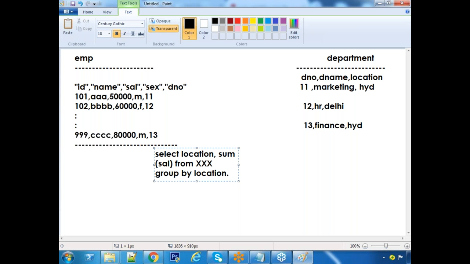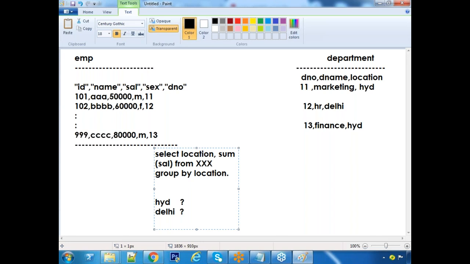So what I am expecting here? Hyderabad. What is the total salary? In Hyderabad, there are two departments. Under each department, again, there are a lot of employees. What is the total salary for Hyderabad? And total salary for Delhi. In this way, there are some 10 unique cities. For each city, what is the salary budget I want?